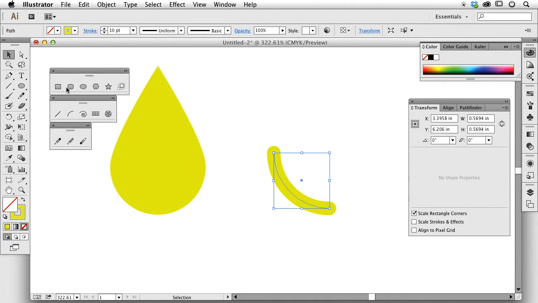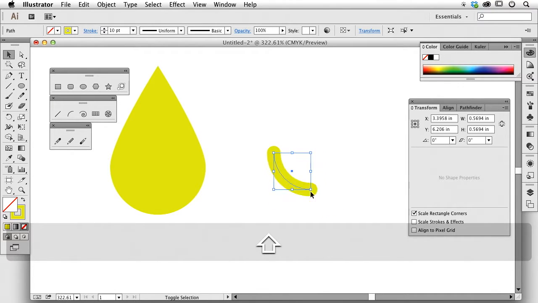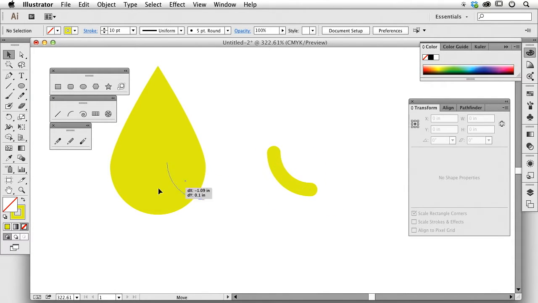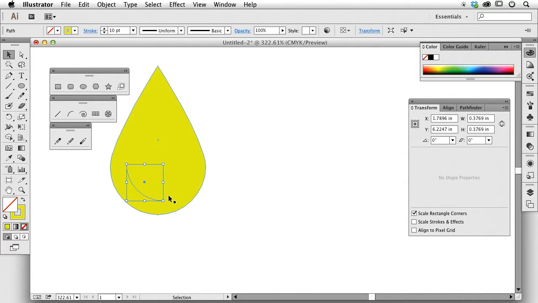Beautiful. And now, if I want my stroke, I'm just going to reduce it down in size here. There it is. And I'm going to put it over here as a nice little highlight. Now it's the same color. Quick and easy way to change the colors as you're going through and building an object here is I'm not